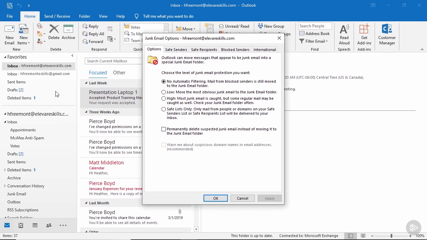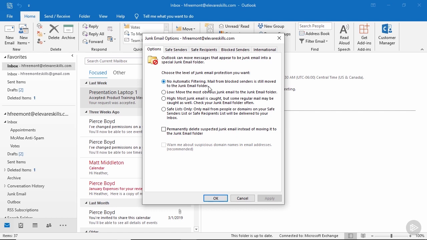Clicking on that will bring up this window. This window is your grand master view for everything junk email related. On that very first tab, you'll see all of the options for your level of junk email protection. That very first option is your default setting for Outlook, no automatic filtering,